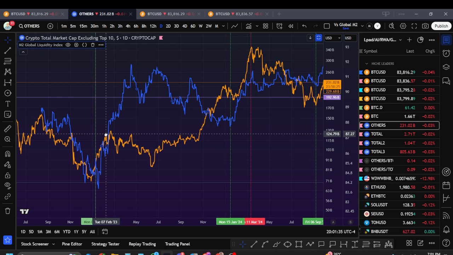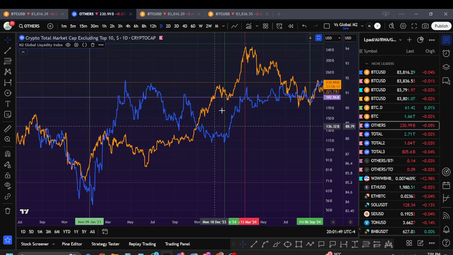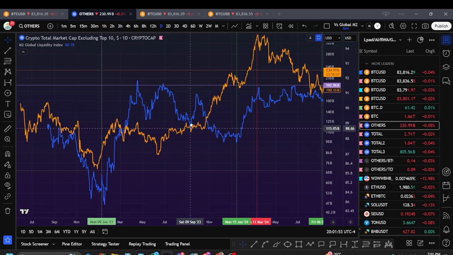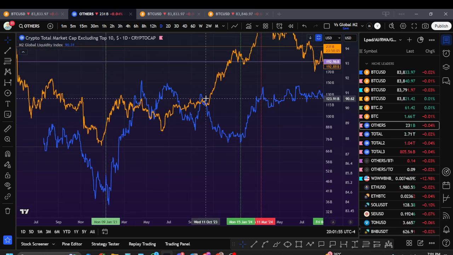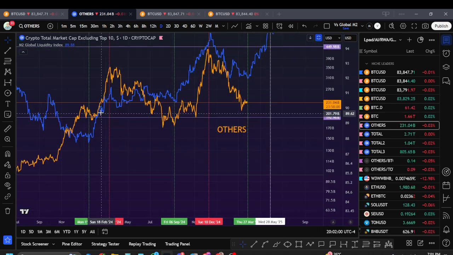And I've noticed that when M2 kind of goes sideways, others bleeds either into stablecoins or Bitcoin, because when others is just kind of trending sideways here, others just went down. I guess it kind of went sideways also on this one. On this one here, it was going sideways and others was going down until this bottom here, which lines up pretty good.